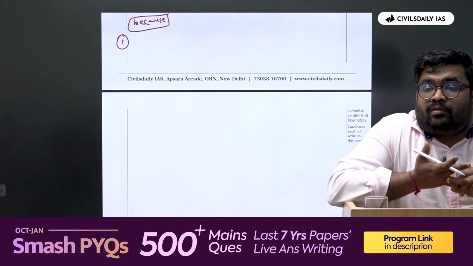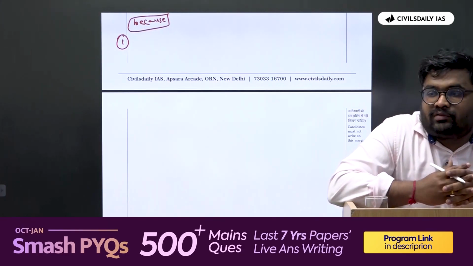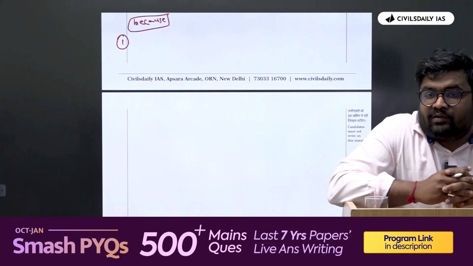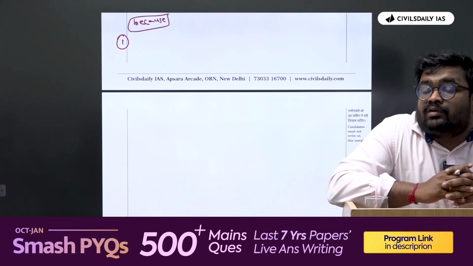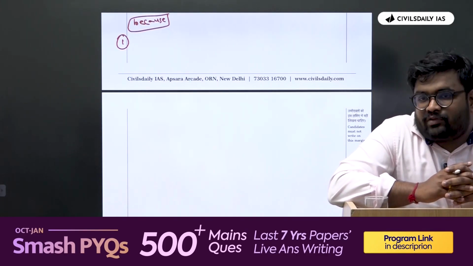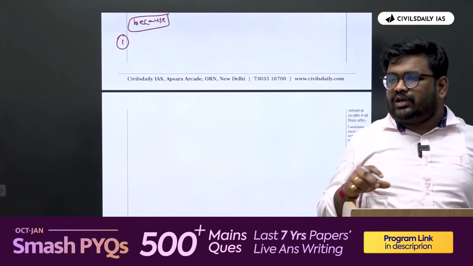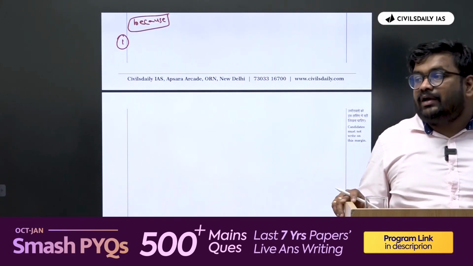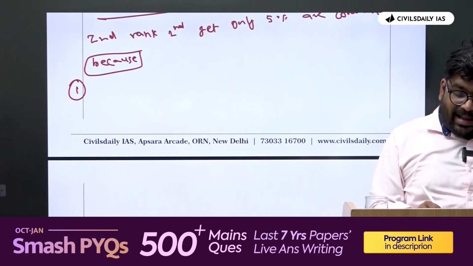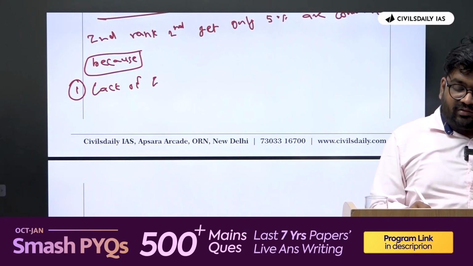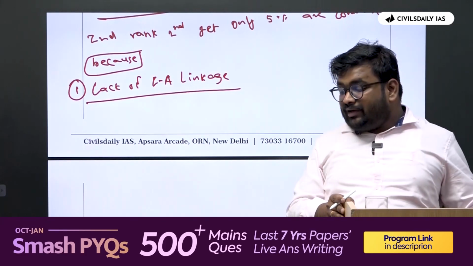Zero marketing. Okay. What else? Which framework will you follow? This is basically the issue part, no? Which framework do we follow for issues? STAPLE. Majority of the questions you follow the STAPLE. So what is the core structural issue? The core structural issue in India is the lack of industry-academia linkage. Okay? The first, lack of industry-academia linkage. And a simple data for it is less than 10% of